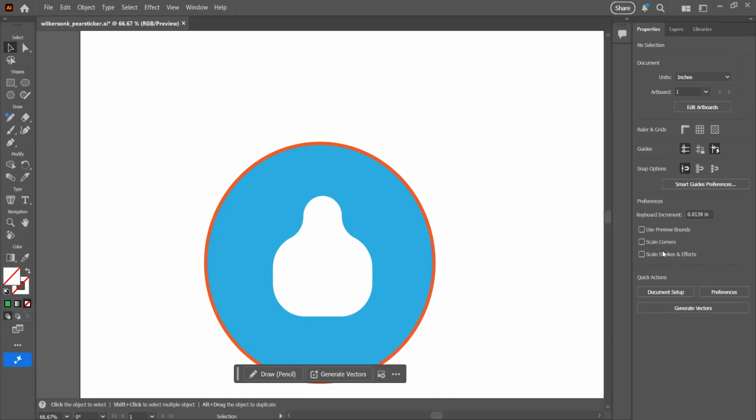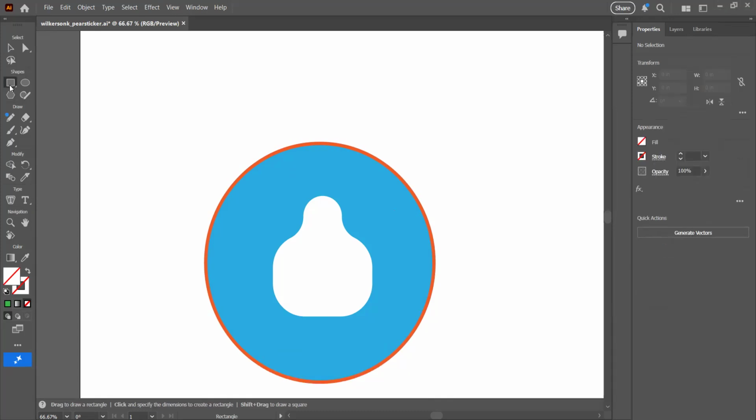Okay, so in this second video, I'm going to try and make this look a little bit more like a pear and less like I did an odd shape here. So one of the first things I'm going to do is add a leaf. So I'm going to select the rectangle tool here in the toolbox, and I'm going to draw a small rectangle